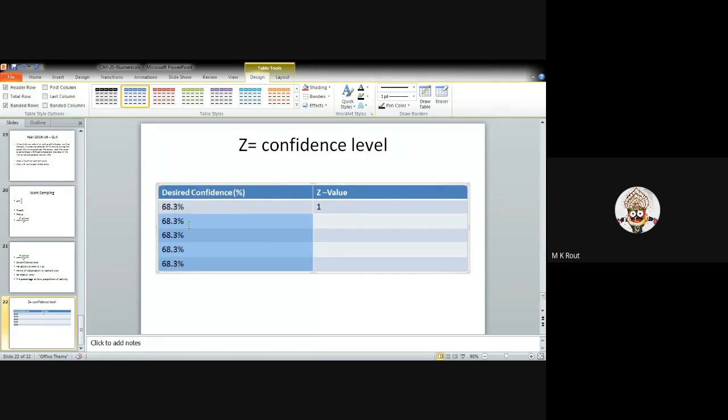If the desired confidence level is 90%, the Z value is 1.65. If it is 95%, the Z value is 1.96. If it is 95.45%, the value is 2. If it is 99%, it is 2.58, and the last one is